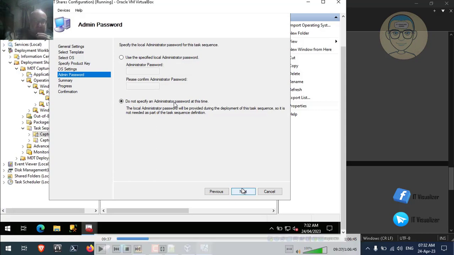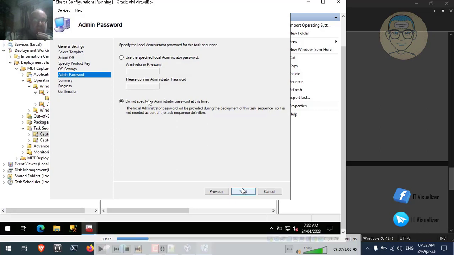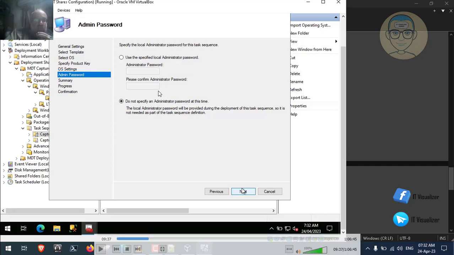This is defined in the bootstrap.ini. We have already provided a password that will be used to log in to the machine and to install programs. I think this is the MDT build user. This is the Active Directory user that we have created to do this process. Okay, so anyway,